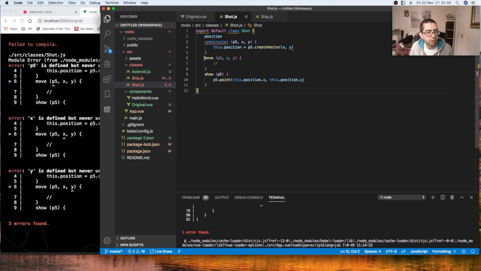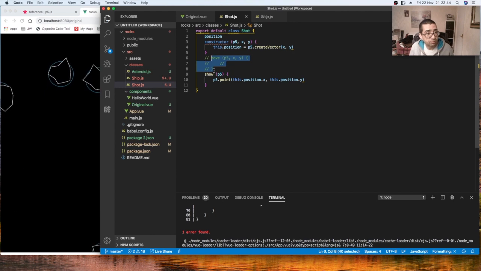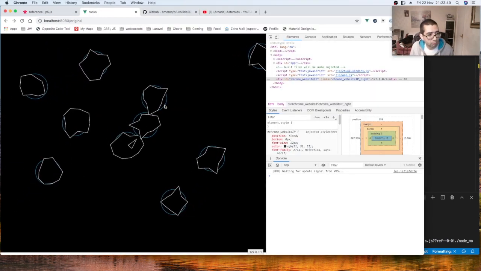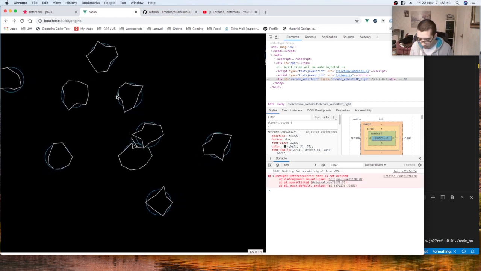Oh, the move function. Oh, right, okay, yeah. So we've created this move function, but as it stands, we're not doing anything with it. So that's what's causing the error. Let's just comment that out for a minute. Okay, so that's working. We have our ship, and